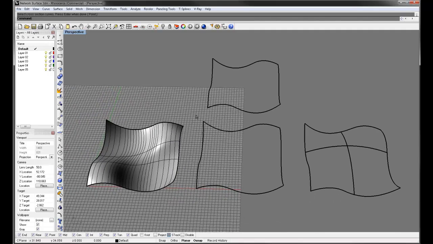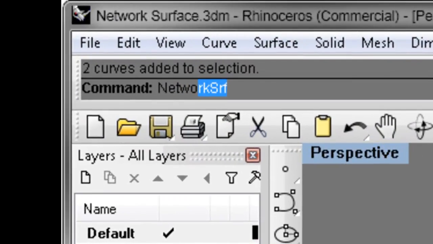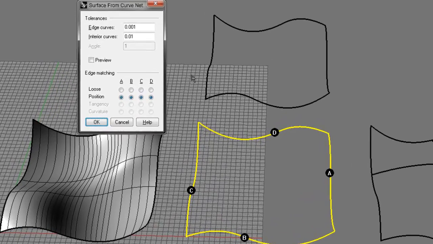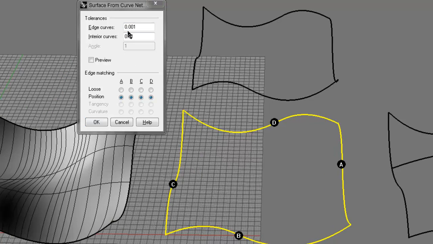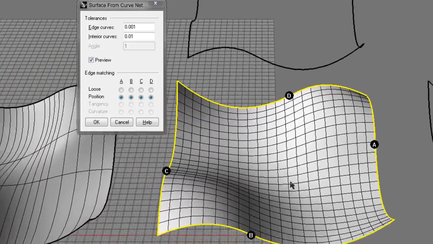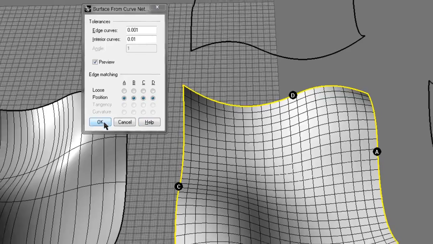Now, if I were to take the same set of curves again and network them, this command is network srf, you get this prompt that comes up, and it's asking you for the tolerance. So the surface that it's fitting through, you want that surface to hit those curves as close as possible. My interior curves and my edge curves, that's 1/1000th of an inch in tolerance. That's pretty good for what we're doing. And you don't really even need to worry about the edge matching. So you can click preview, and you can see your ISO curves are really uniformly distributed along the grid,